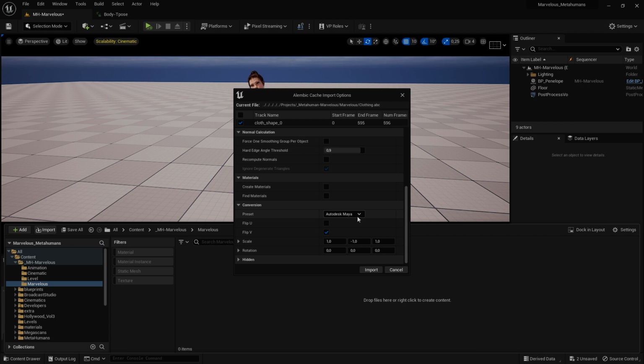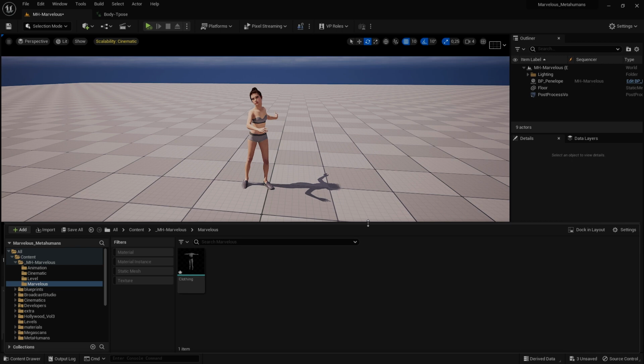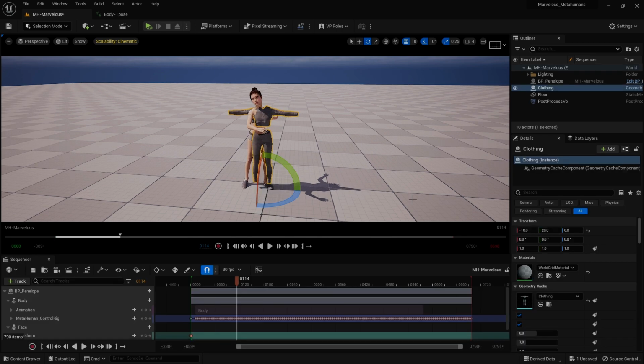And then down here for the orientation, choose Autodesk 3ds Max, import. Once it's imported, you save, and then drag and drop the clothing into your scene.